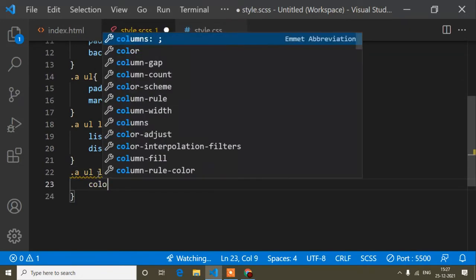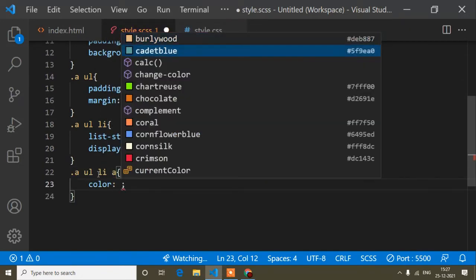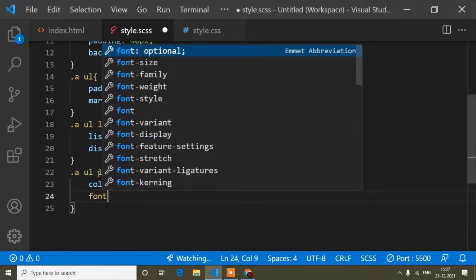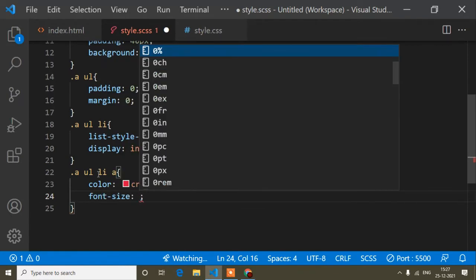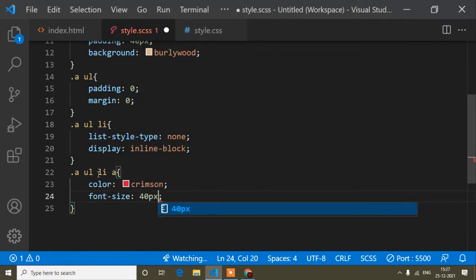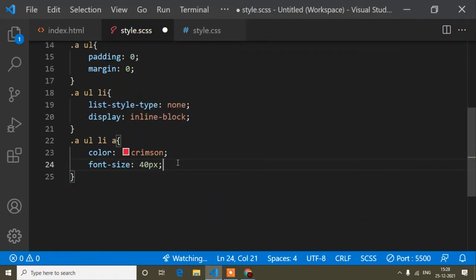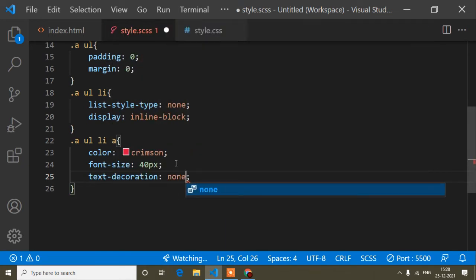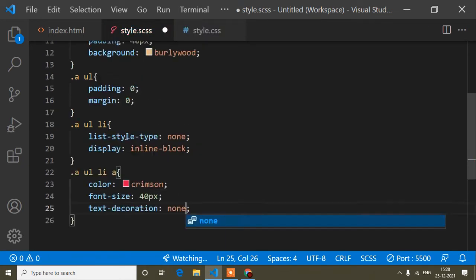Here I will set color, I will add this color, and font size is suppose 40 pixel, and another thing, text decoration none, right? So this is the simple CSS.